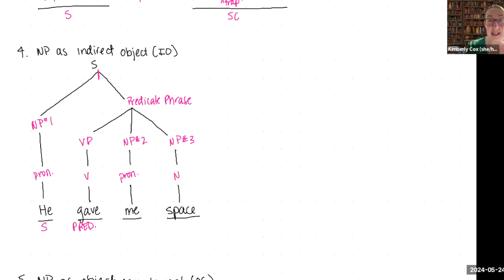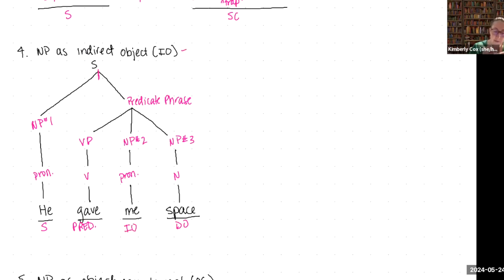"Me" is not actually being given. Okay. The "me" is receiving something. What is being given is the space, right? So he gave space. Maybe he's stepping back, maybe he's doing something else, but space is what is being given. So as a result of that, space is actually our direct object, even though it appears at the end of the sentence. Now, that space is something he is giving to me. So he's not giving me, he's giving space to me, which means that "me" here is actually our indirect object.